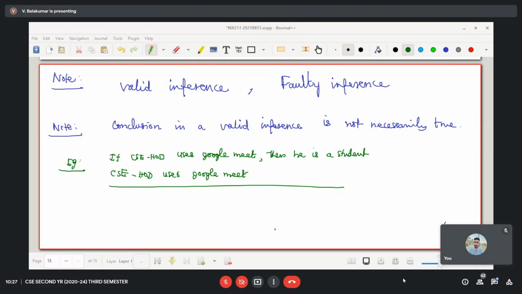Yeah, somebody try for this conclusion. From these two statements, what can you infer? Any inference can you make? This is not a difficult question, I hope. Can someone try?